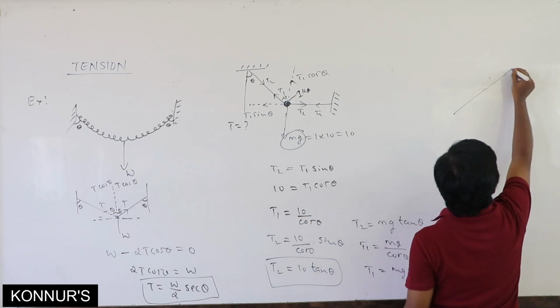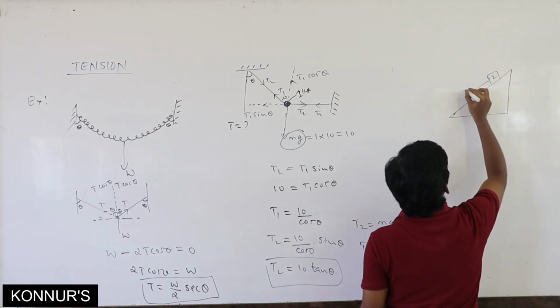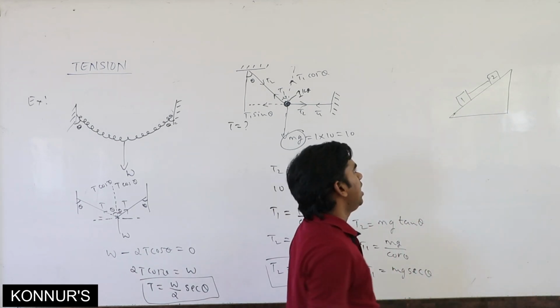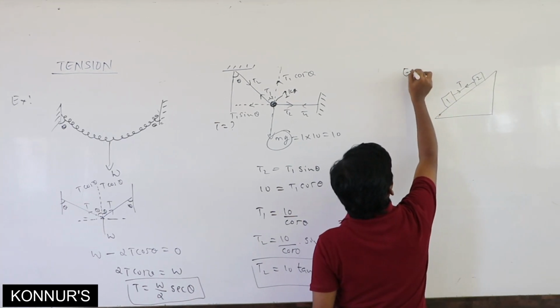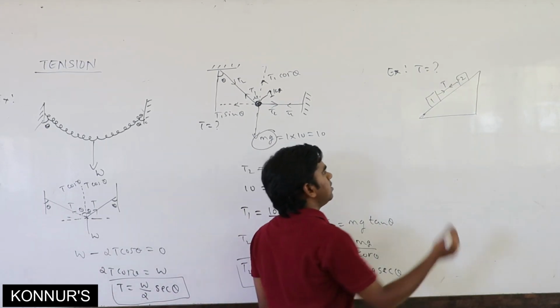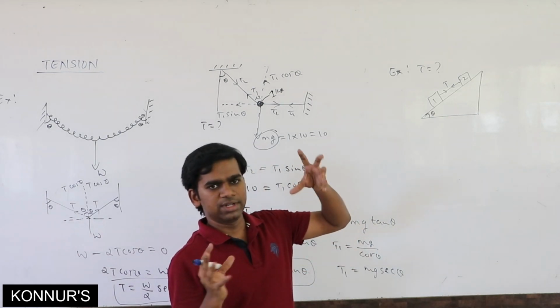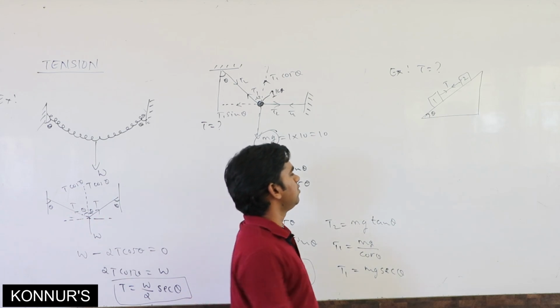Suppose you are having the inclined surface and two bodies are connected. One is having mass 2 kg, another is having mass 1 kg. Now if they ask what will be the tension in between these two bodies, you can logically also explain. When two bodies are moving downward, that string is not going to be stretched more, there will be a relaxation. We will see what will happen.